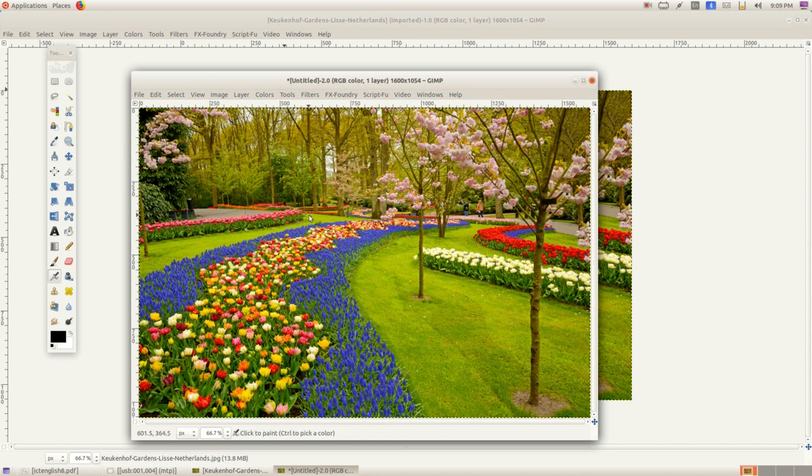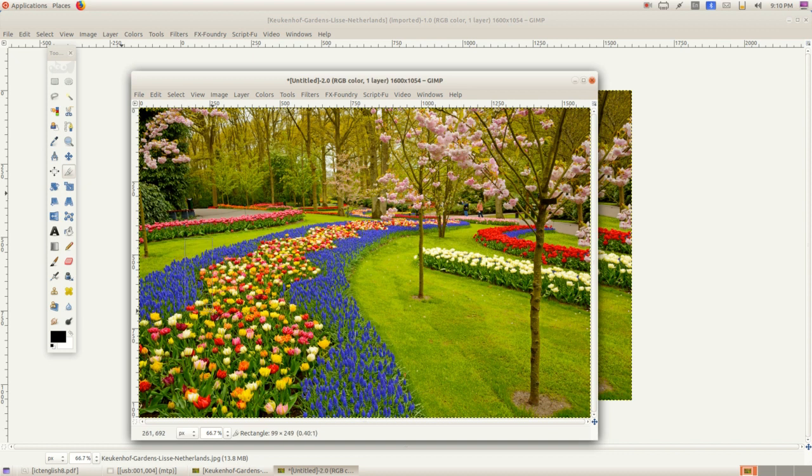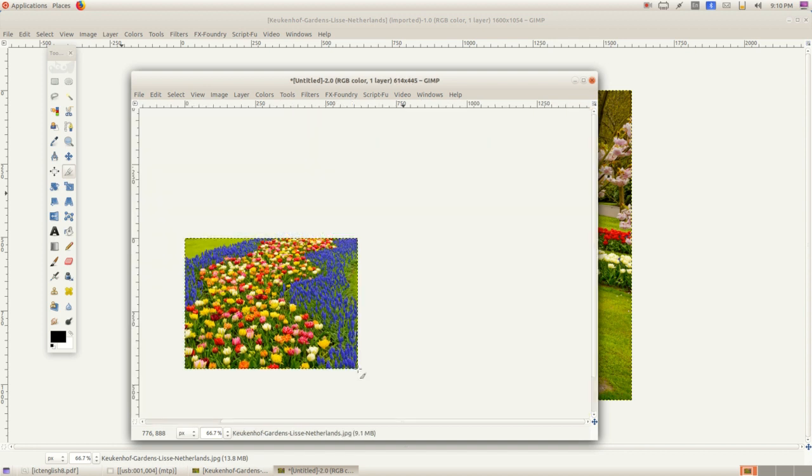First of all, we are going to crop or cut a particular portion from this figure. Here we can see for cut or crop, there is a crop tool. Just click on the crop tool and drag on the portion where we want to cut. Then press the Enter key. Then we can see the part of the picture we need. That particular portion will be displayed on the figure.